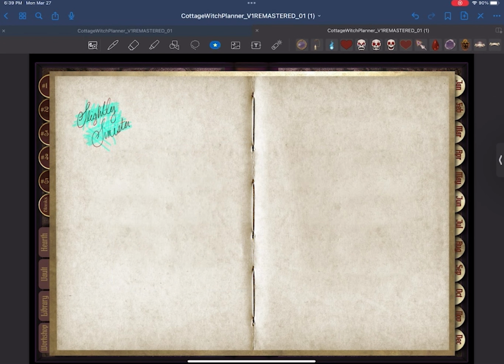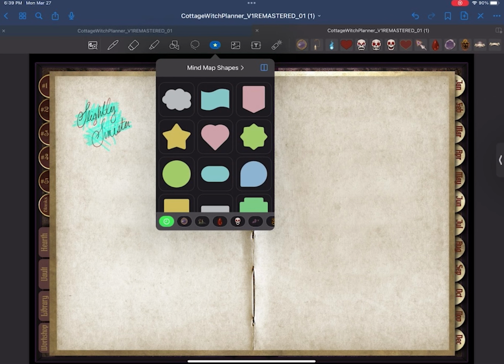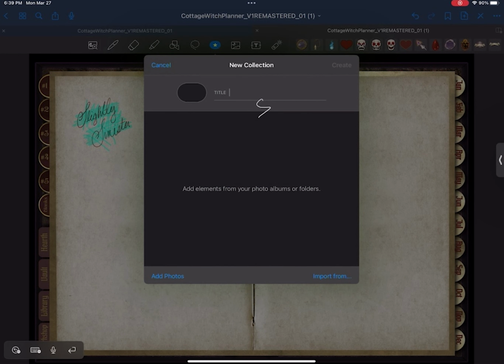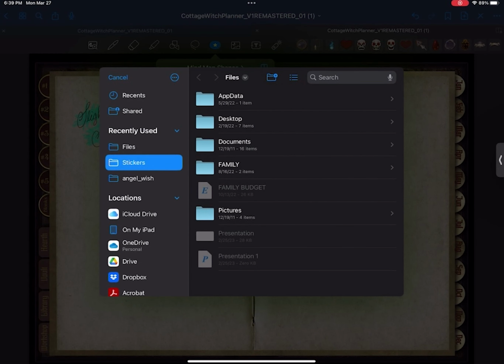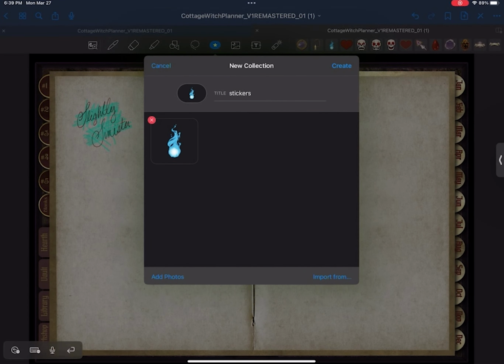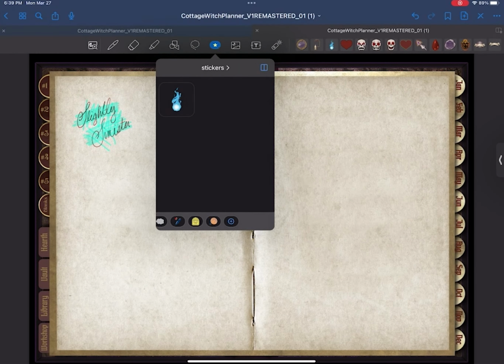But the way you get them into GoodNotes is click on it, go all the way to the end here, click the plus sign, and then we'll just make a new one called stickers. They go to import from. Wherever you saved your stickers, you'll select the sticker, and it brings it into that sticker pack. So go to create, and now you have a whole other set of stickers for you to be able to